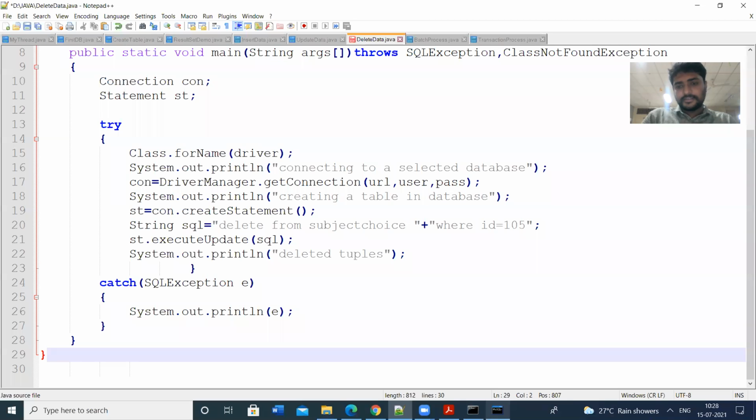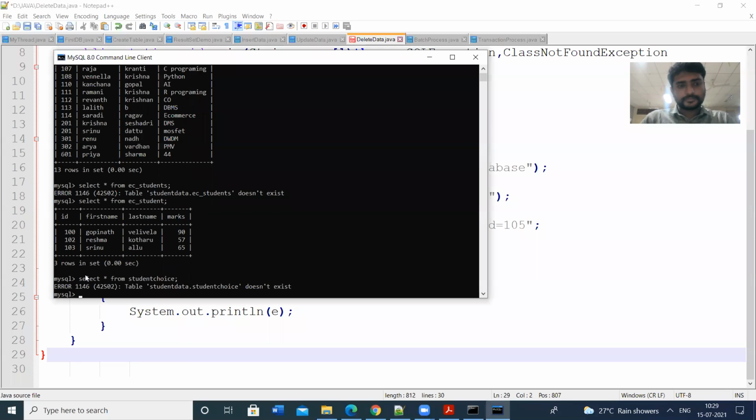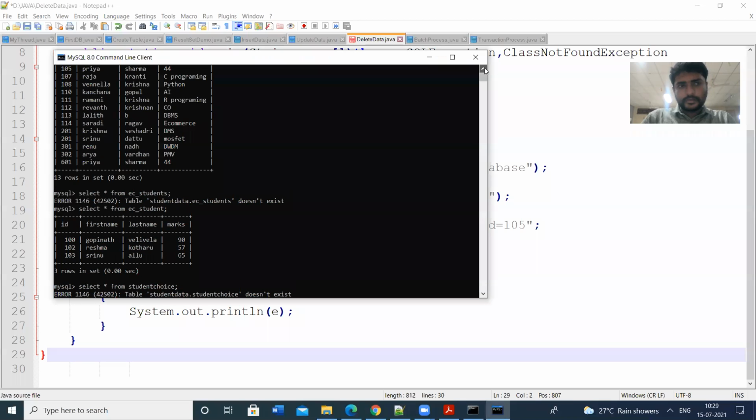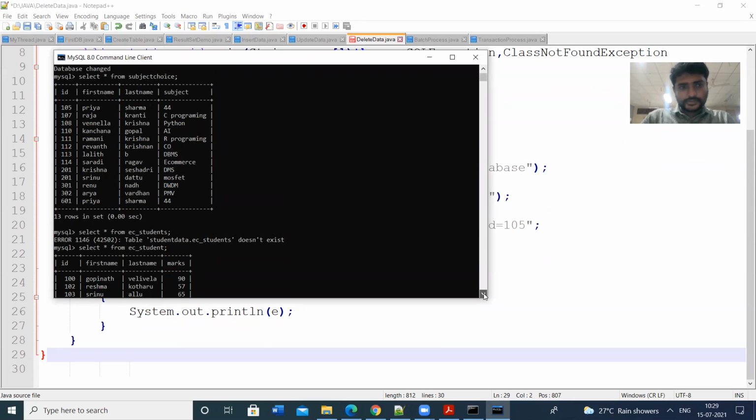Let us check in the database. Select star from student choice. So what is the table name? Subject choice, not student's choice.